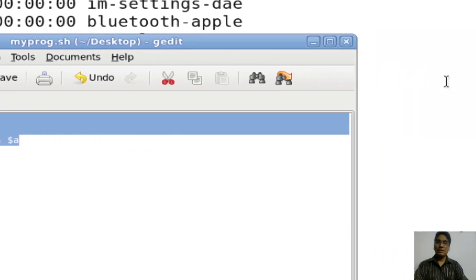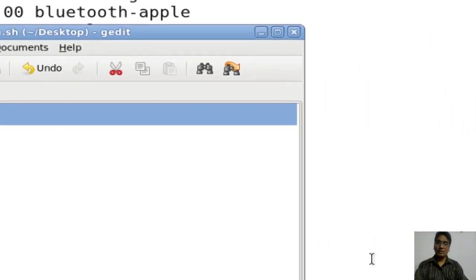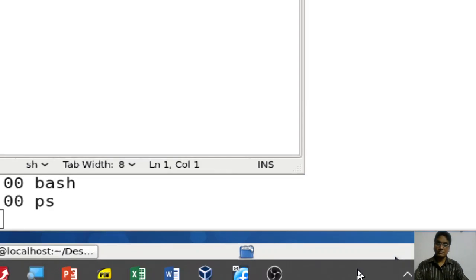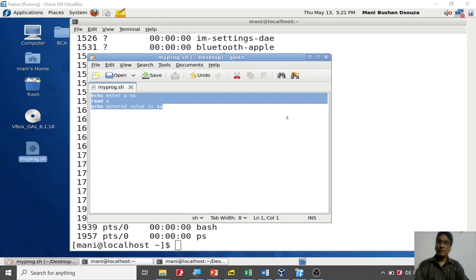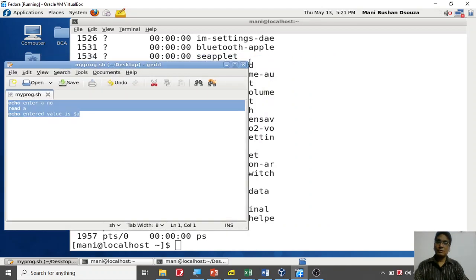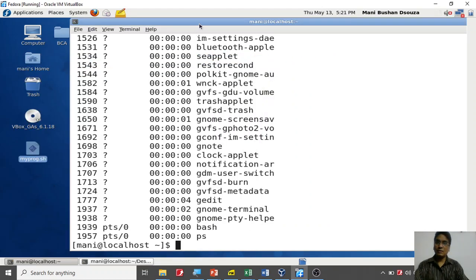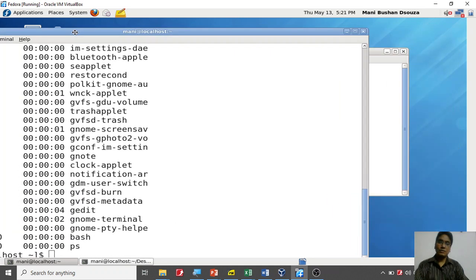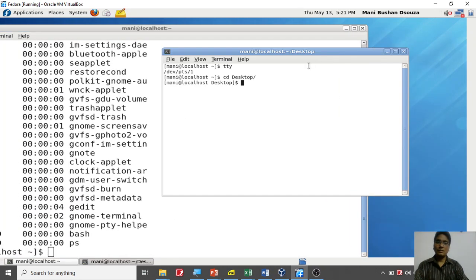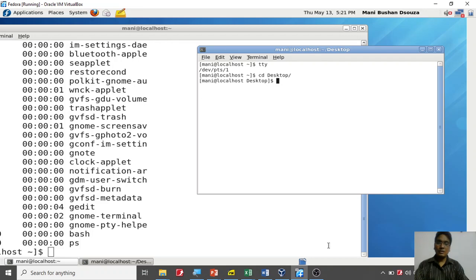So let me run that in my terminal. I will zoom out, it is a bit difficult for me to do, but let me try. I'm going to close that one, it's not really required. Now I have two terminals here. On the second terminal, let me zoom in for you.